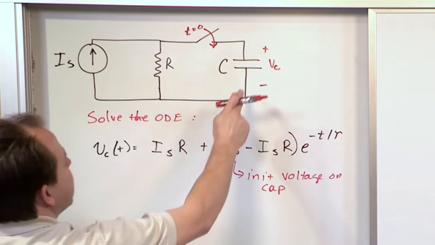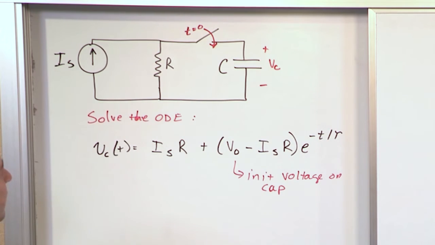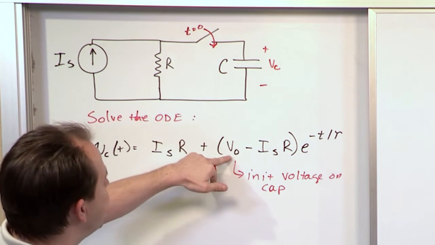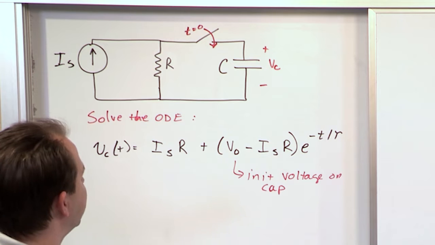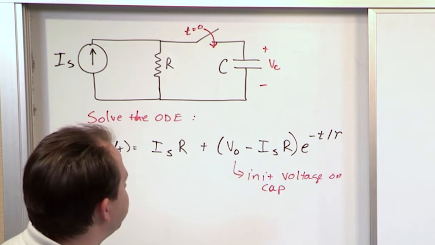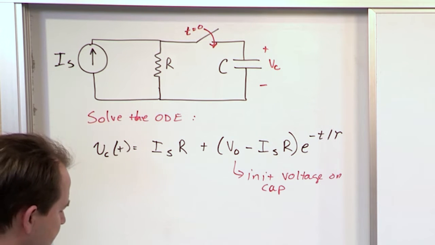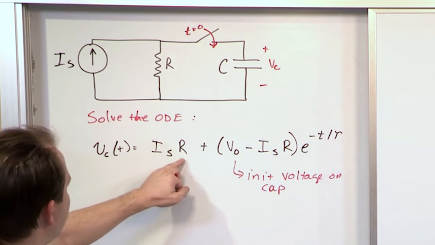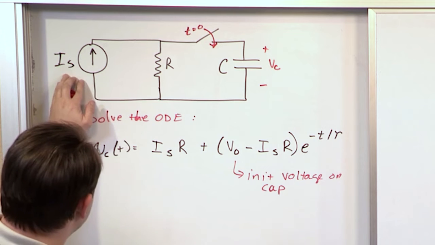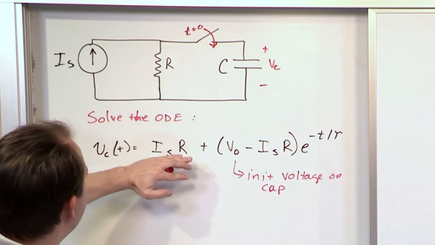So for instance, if this capacitor were charged up to a couple of volts before we even close the switch, then V naught would be equal to a couple of volts. It's the initial voltage on the capacitor before the switch moves. It's the initial condition, the same as I naught before. This I sub s times R is the source current times R, but the way you really should look